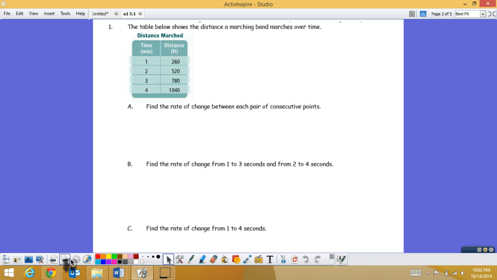Now, to determine which one is the dependent variable, ask yourself what depends upon the other, or what makes more sense. Does it make more sense that time depends upon the distance that they've marched? Or does it make more sense that the distance that they've marched depends upon the amount of time that they've marched? Well, I would say that the distance, let me change over to pen here, that the distance,